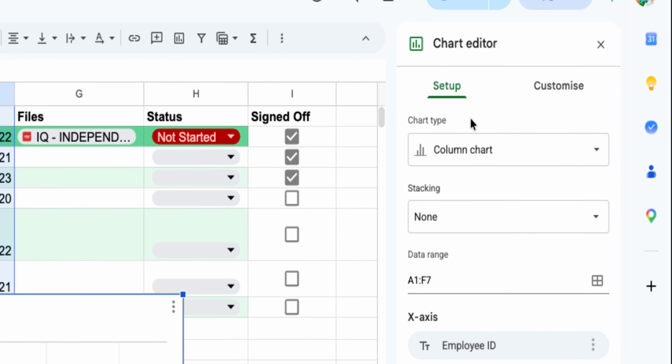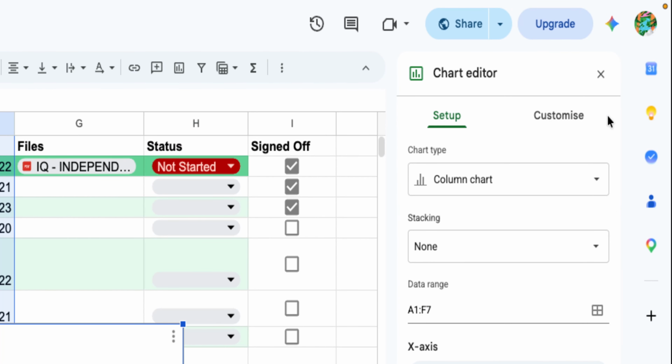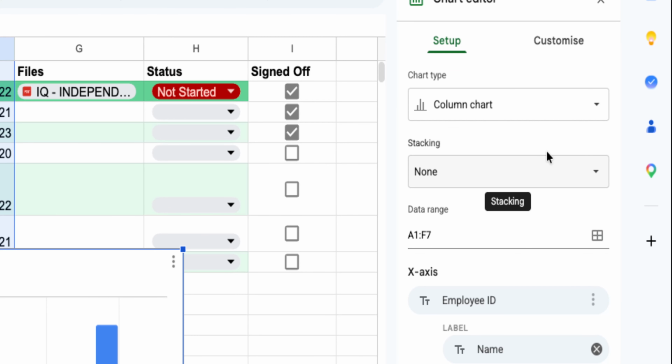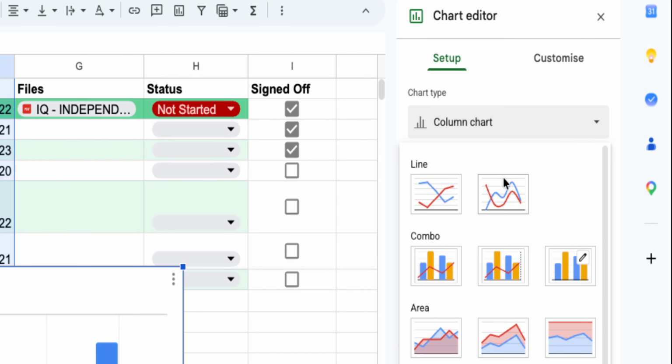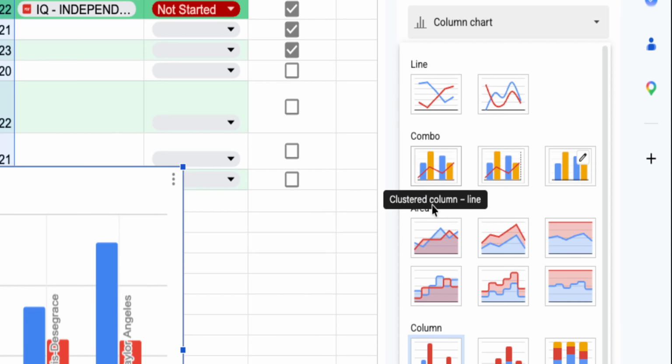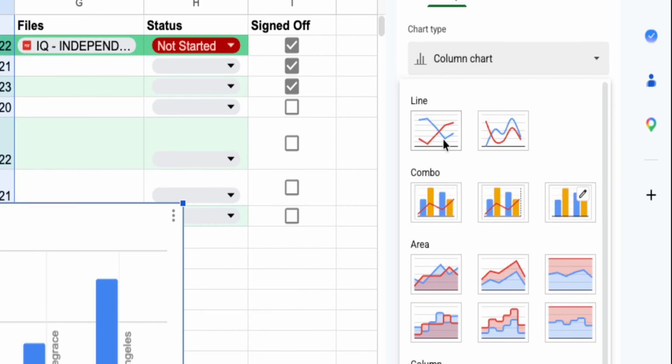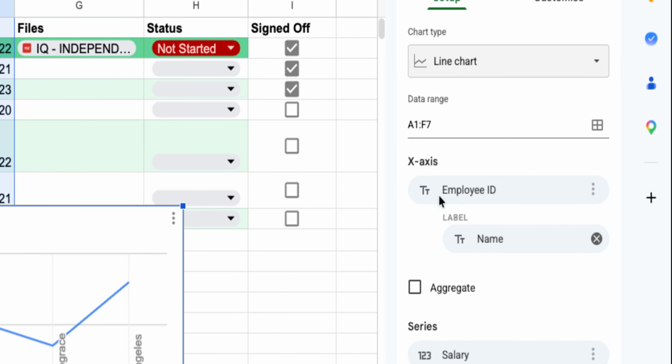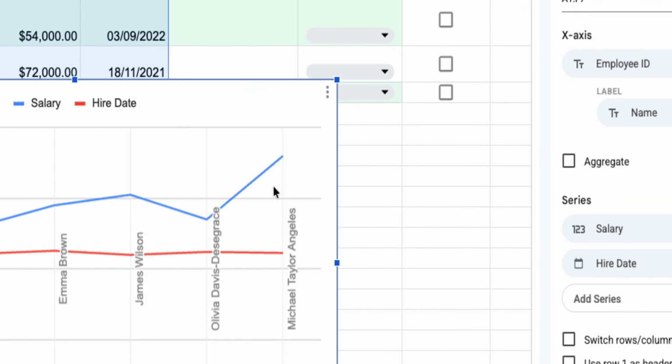The Chart Editor includes two main tabs, Setup and Customize. In this walkthrough, the focus is on the Setup tab, which is where the core chart settings are managed. Under Setup, you'll be able to choose the chart type. This is important because different chart types work better for different kinds of data. For example, a bar chart can be useful for comparing categories, while a line chart is often better for showing changes over time. Google Sheets may choose a chart automatically, but you can change it to whatever best fits your